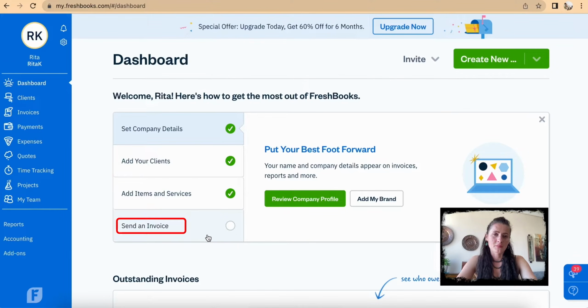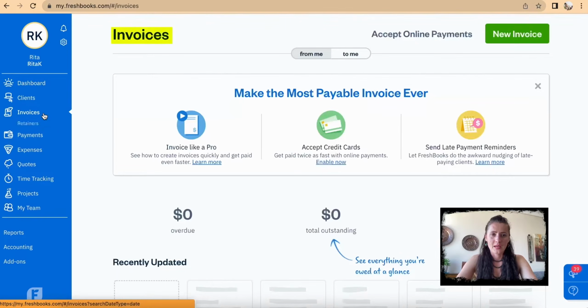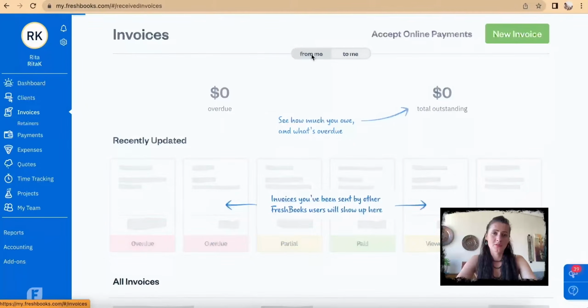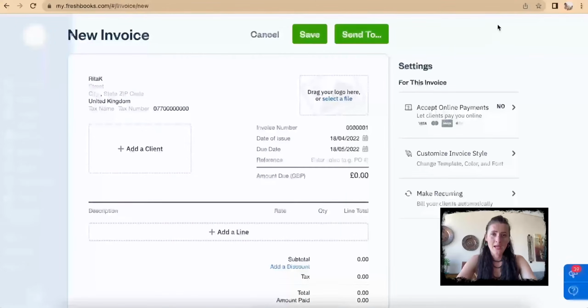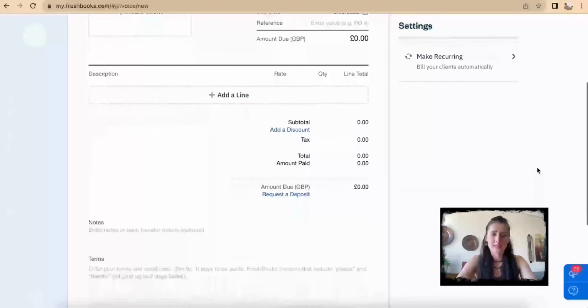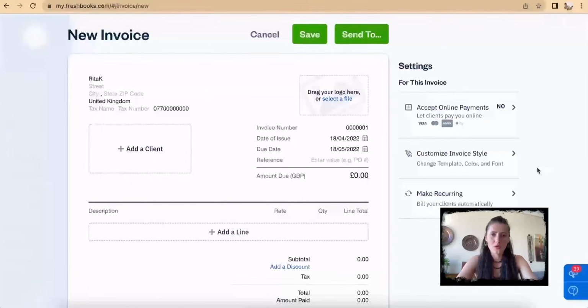Either you can click from dashboard when you're getting familiar, or we can go on our left hand side and click on invoices, and this is where we can issue an invoice. So from me and to me, so there are 2 ways. So from me invoice, create invoice, click new invoice, and it already gives you a layout or template of an invoice, and we just need to add in information by clicking on